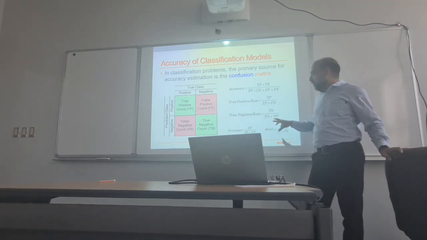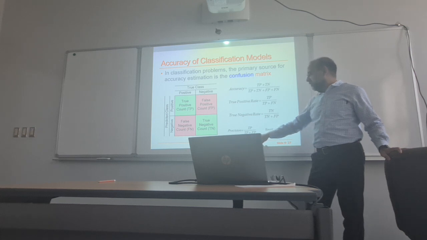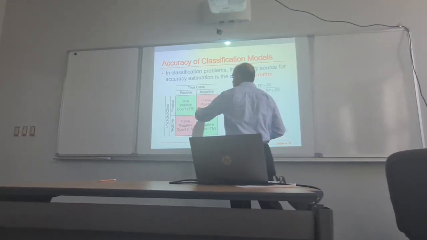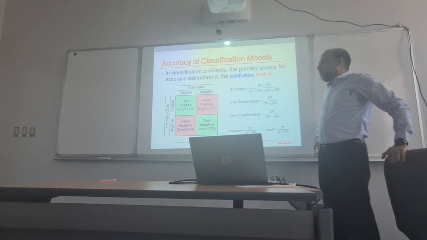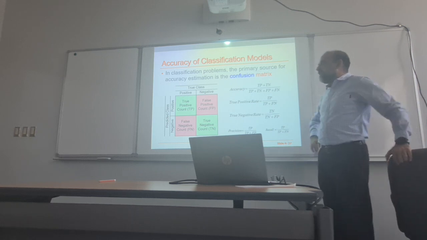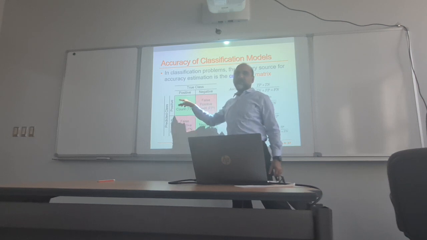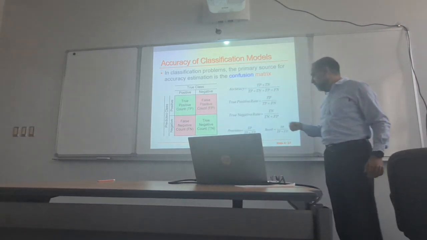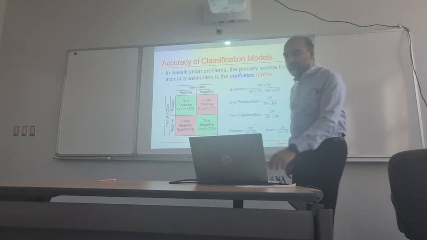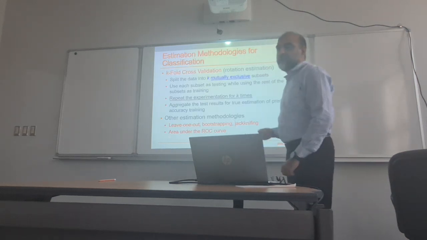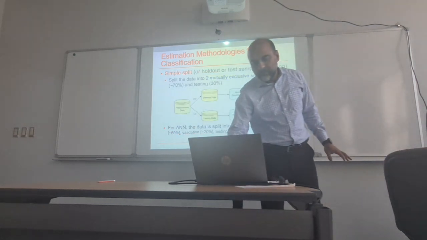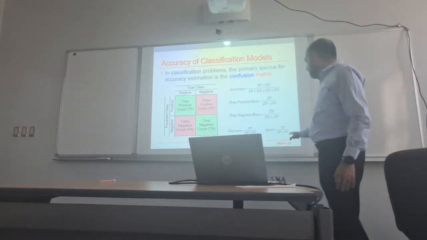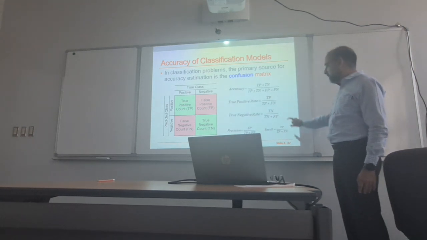True negative rate and precision is what? Can you see TP over? This is precision. It was the predicted class, how many times it correctly predicted positive. And recall is just the same thing, with just another name for it. So accuracy. Could you go back to the recall, doctor? Yes, recall is the same.